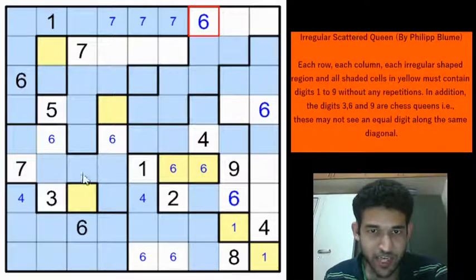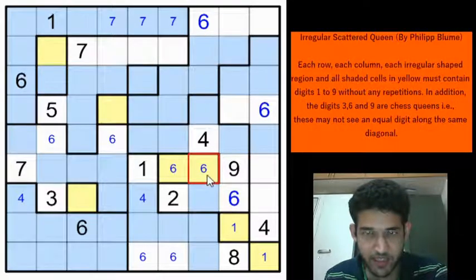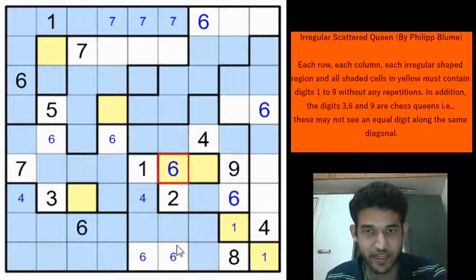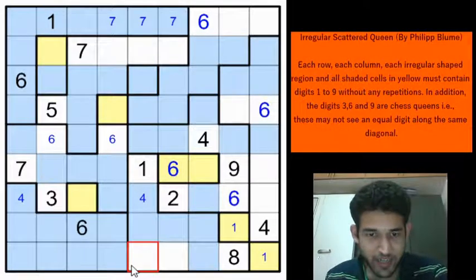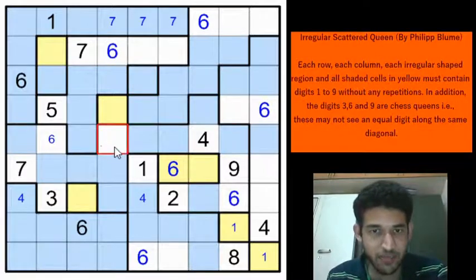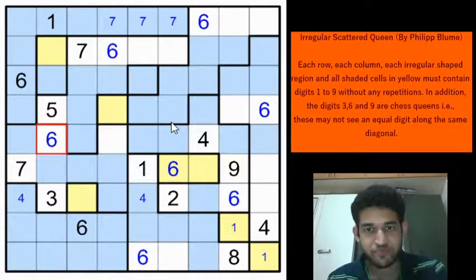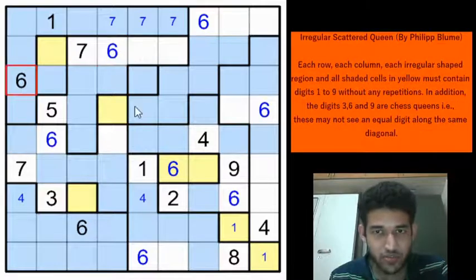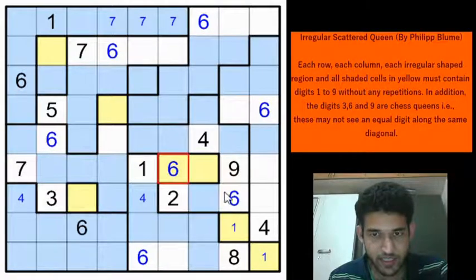And maybe use the diagonal 6 to eliminate some more cells. No. So because of this 6, we eliminate the 6 here, we get a 6 here. And that eliminates the 6 from here, we get a 6 here. Beautiful. So if you remember, 6 was in one of these three cells. Because of these two 6s, we eliminate 6 from here and here, we get a 6 here. And that eliminates the 6 from here and gives the 6 here. I think we have placed 1, 2, 3, 4, 5, 6, 7, 8 and 9.